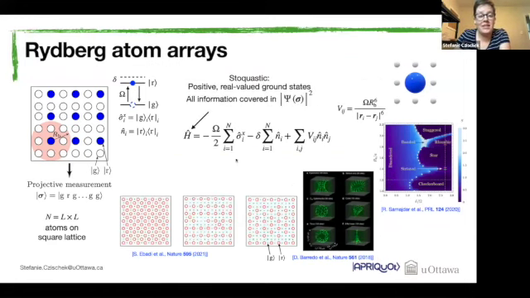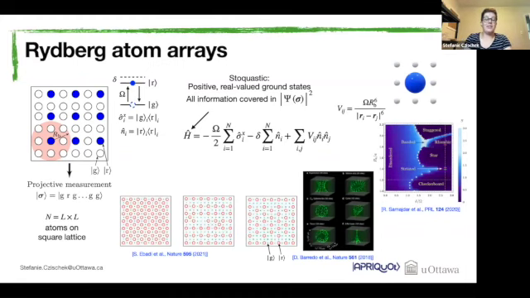Another nice thing that is especially interesting for us today is that the Rydberg Hamiltonian is stochastic, which basically means its Hamiltonian has a form such that the ground states are always positive and real valued. So if we want to find a numerical or a classical representation of the ground state, we do not need to care about any complex phases because they are all real valued. And so the only thing we need to care about is basically the squared wave function amplitude, which covers all the information about our ground states. And this makes things much easier for us because if we can just deal with real numbers, it's much easier than if we need to worry about complex phases.